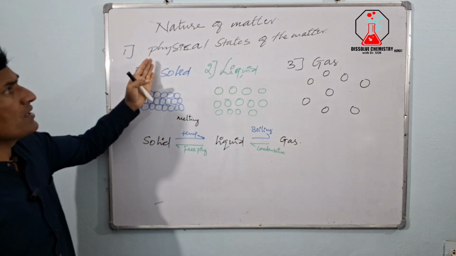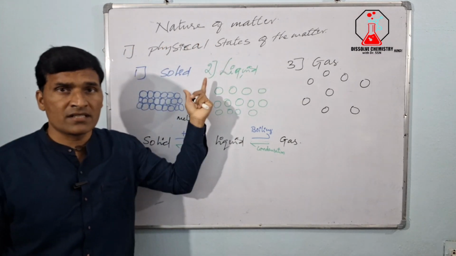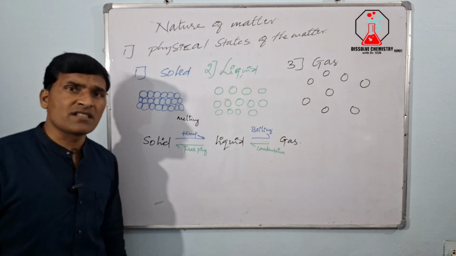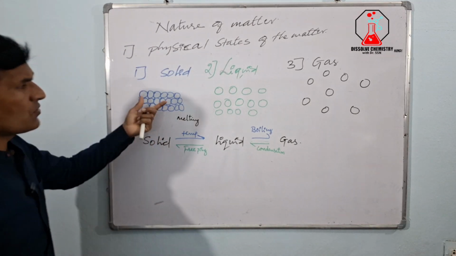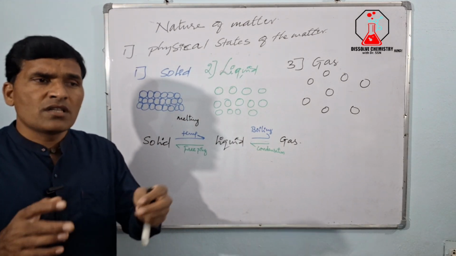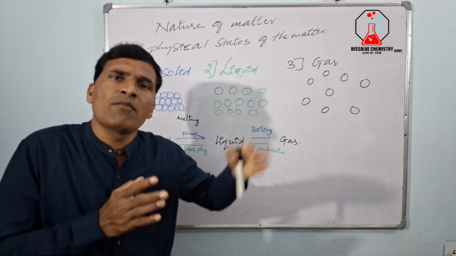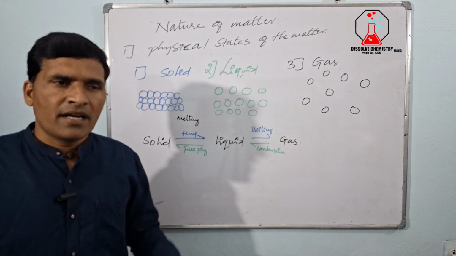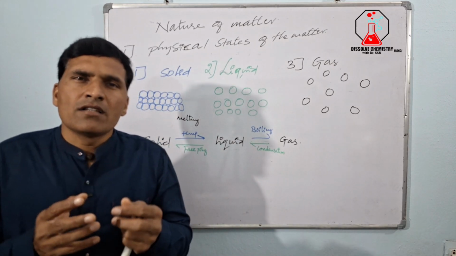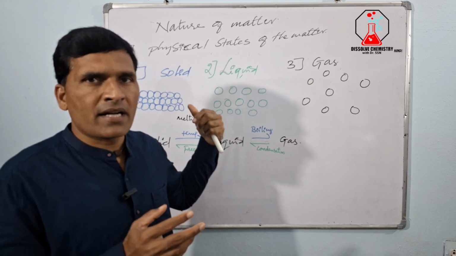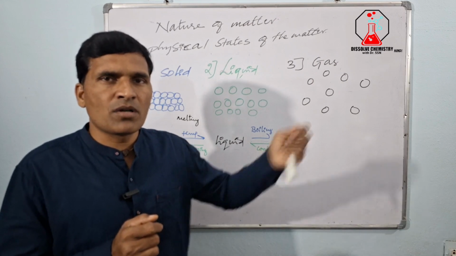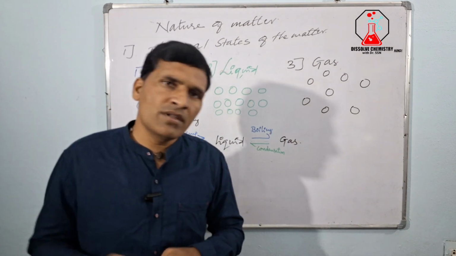As I have already mentioned, matter exists in three physical states, that is solid, liquid and gas. The major difference we find in these three states of any matter is that in the solid, the intermolecular forces are very strong, so the constituent particles are held very strongly and more compactly packed. Okay. In the liquid state, the intermolecular forces are moderate and the particles are not as compactly packed as in solid, but still they are very close to one another, right? Comparatively, when you compare to the gas, they are loosely held compared to the solid.